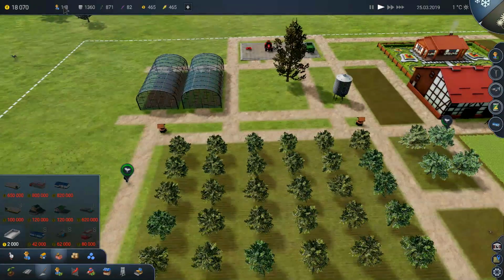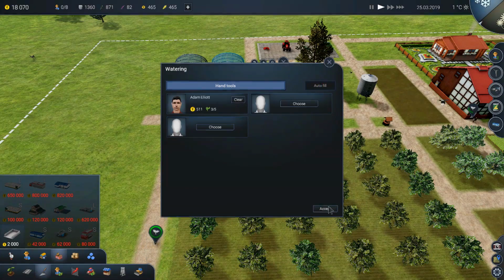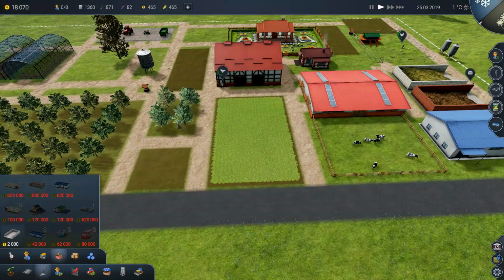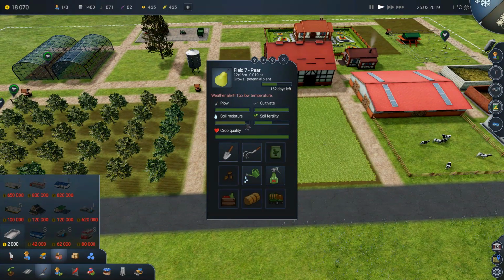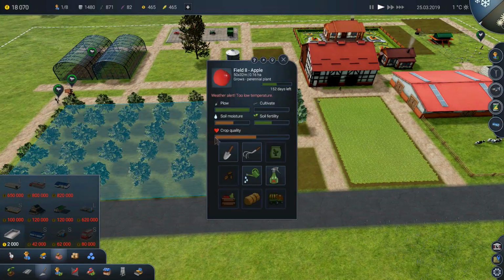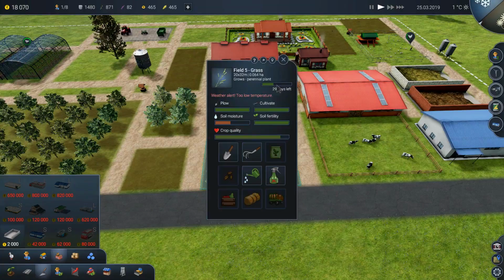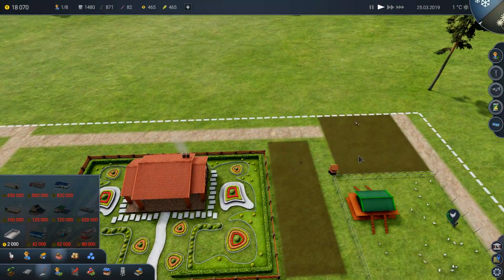So how many staff members have we got doing nothing? Precisely 1. So let's get you watering this. Send you in there. That gets that all done. Oh. Soil moisture. It was low. Now it seems fine. This is a bit low. We could do the orchard. And the grass is a bit low as well. So, okay. I think probably...